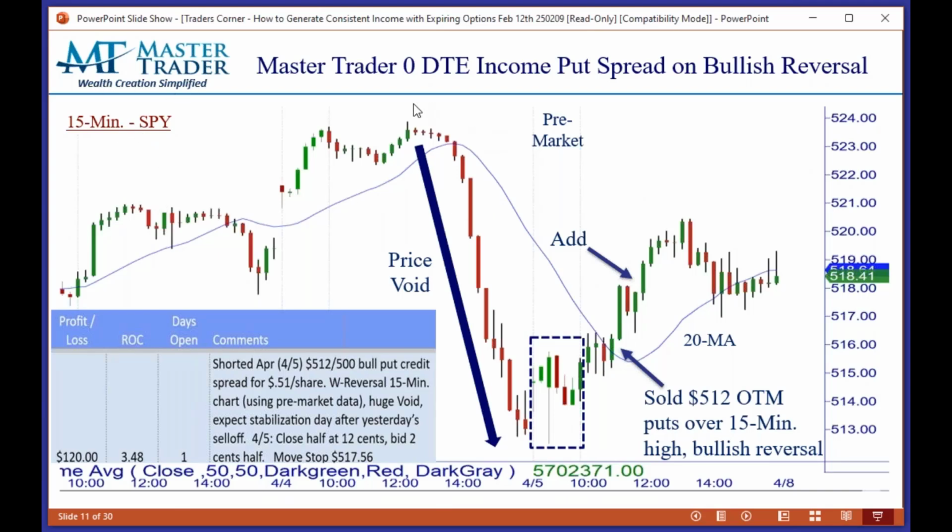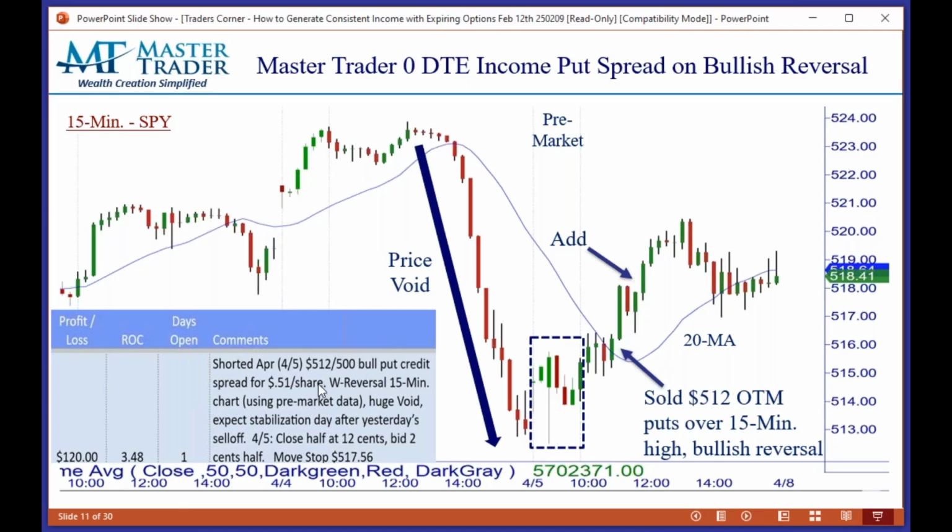SPY. This is just a 15-minute chart. This was a nasty, nasty afternoon sell-off on this day. It gapped up pre-market, formed a higher low. This is market open, went sideways for an hour, holding the pre-market low, holding the prior day's low. Once it traded over this 1 hour bar's high,